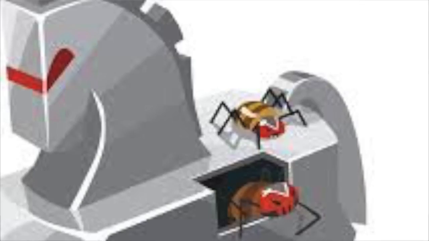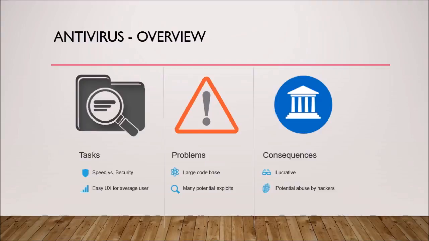Worms, viruses, Trojans all threaten to stalk the user, take over the user's PC, or otherwise harm the user in some way to the benefit of the hacker. And antiviruses must be able to handle these as well. One program must be able to appropriately deal with all of these factors and more, which would naturally make the program a large one. And as we all know, as the codebase grows, so do the number of bugs and potential exploits. Moreover, since antiviruses usually run with the highest privileges, exploits against antiviruses are extremely lucrative, making them a